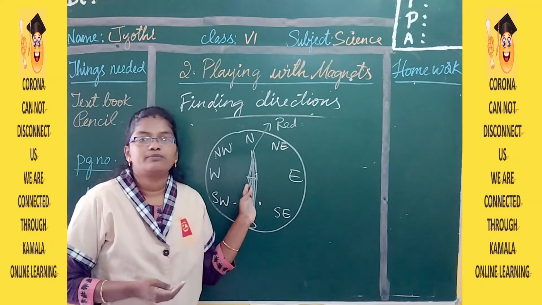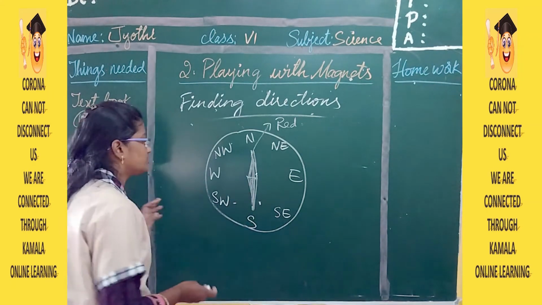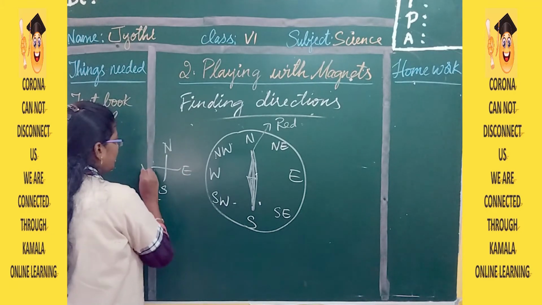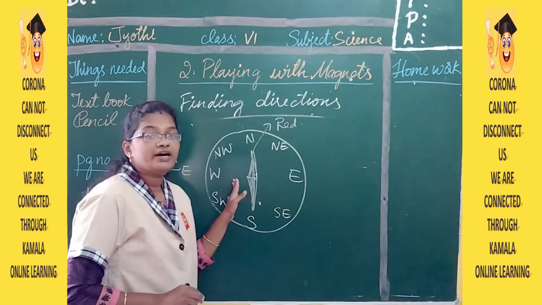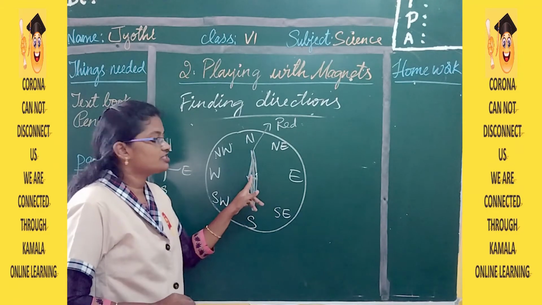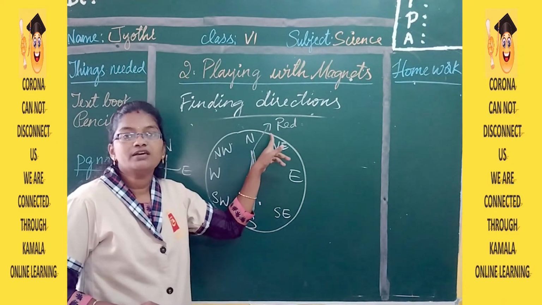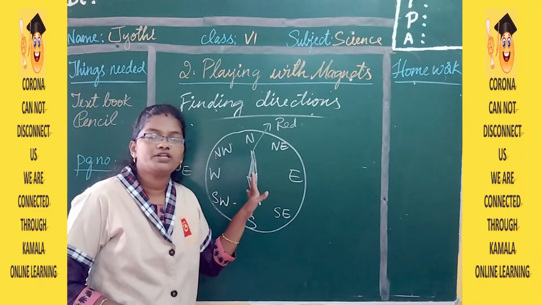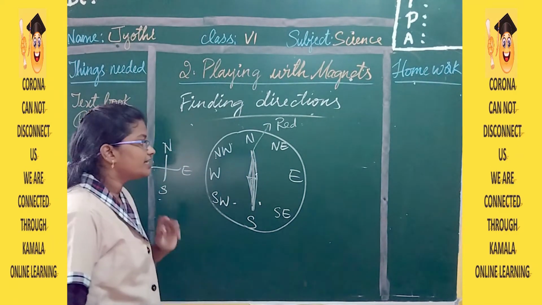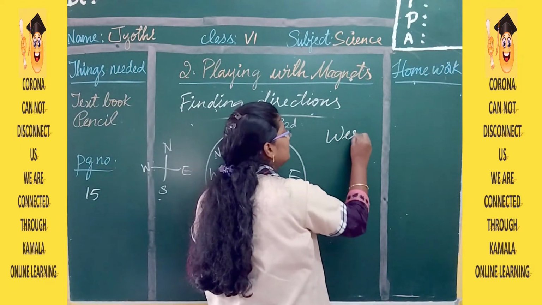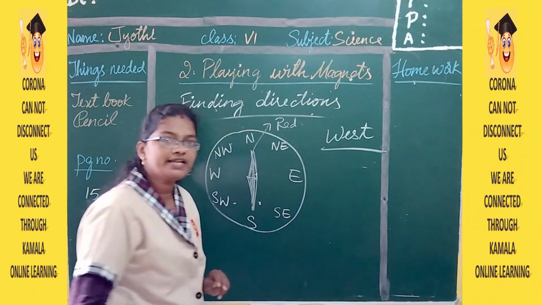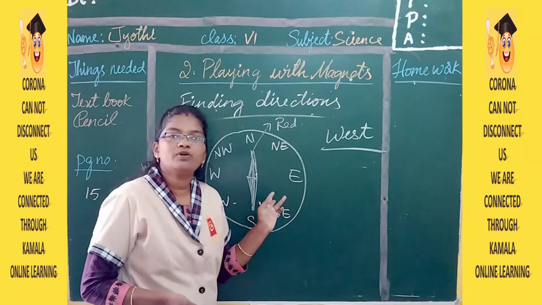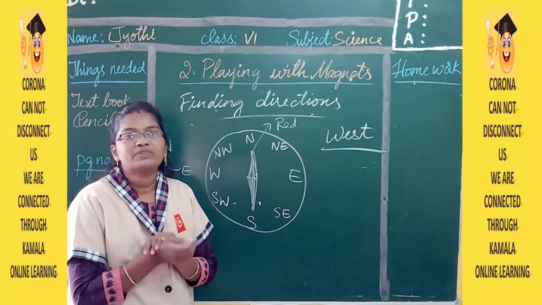With the help of this compass, we can find out the directions. Like this is north, south, east and west. So in this compass, the needle, the red colored portion, always points out the north side. So which side is it going to point out? It is going to point out the north side. Now which side do I have to go? I have to go towards the west side. Then only I can reach my destination. So which side do I have to go? I don't know. Now I have a compass. So with the help of this compass, I can find out which is the west side.